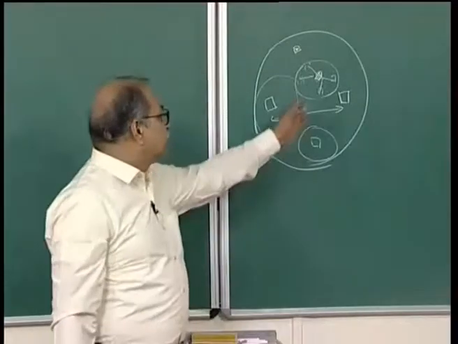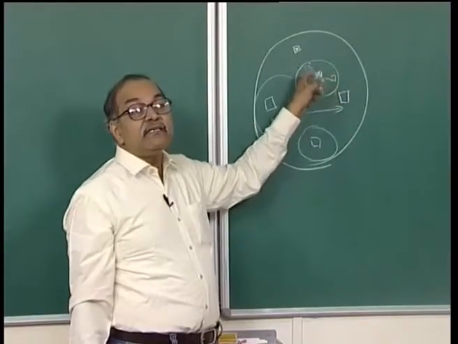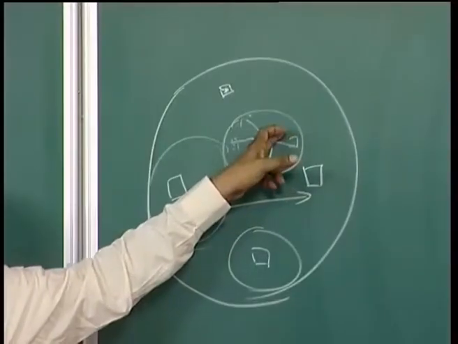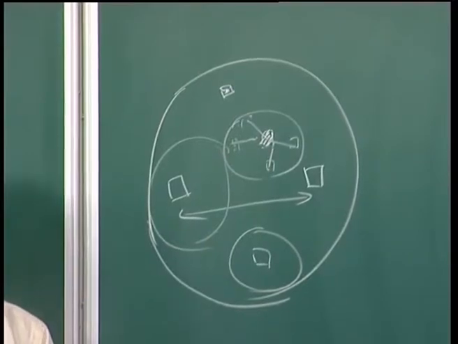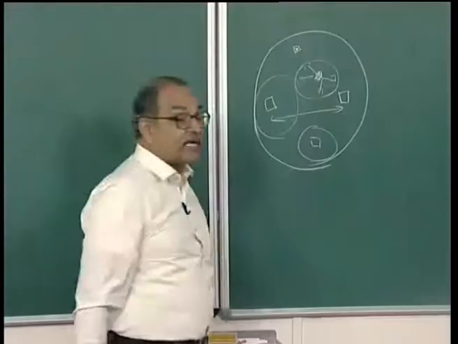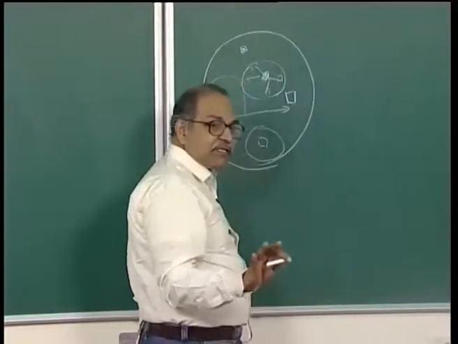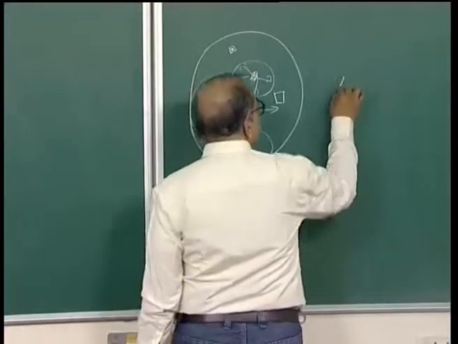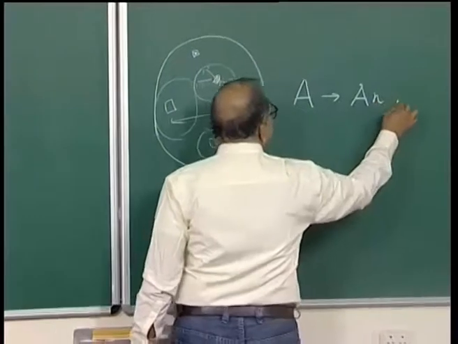So, if each nucleon interacts with small n nucleons in its immediate surrounding, then how many pairs will there be which interact? Use the unitary method: each nucleon interacts with small n nucleons, and there are total capital A nucleons, so you will have A times n pairs,